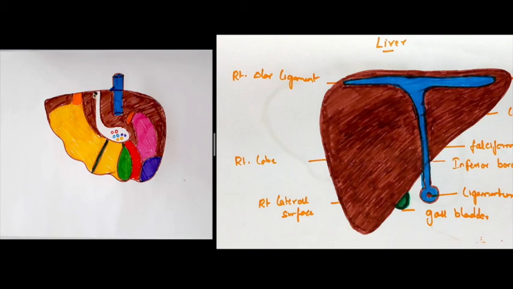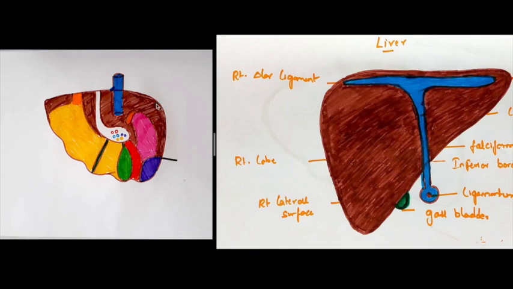And if you see the superior surface, at its middle there is a concave depression. Mainly it maintains a relation with the pericardial area. On either side of the pericardial area it is convex, and is covered by the diaphragm. So that is about the superior surface, and this is the posterior surface, and here this is the anterior surface.